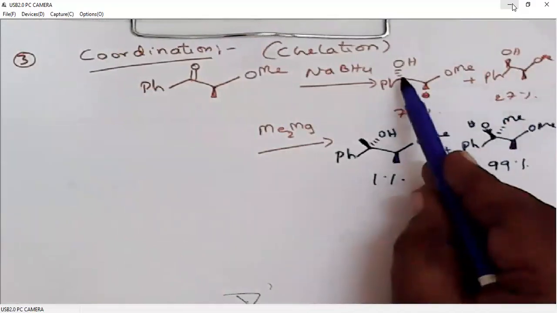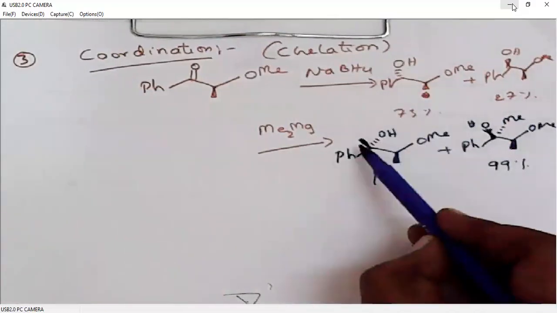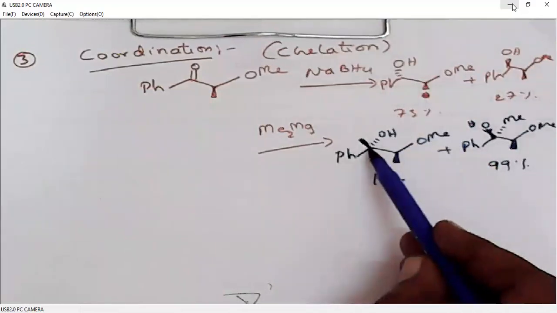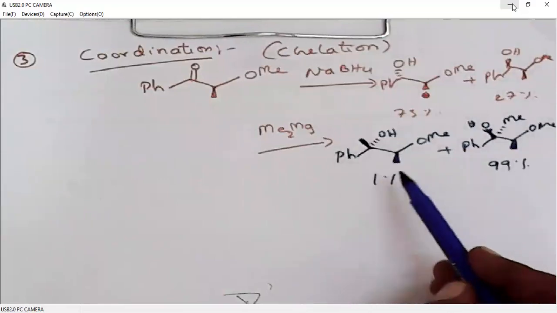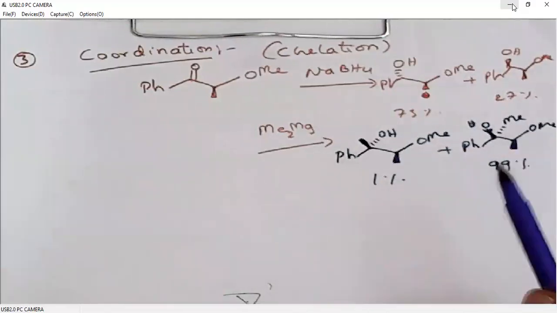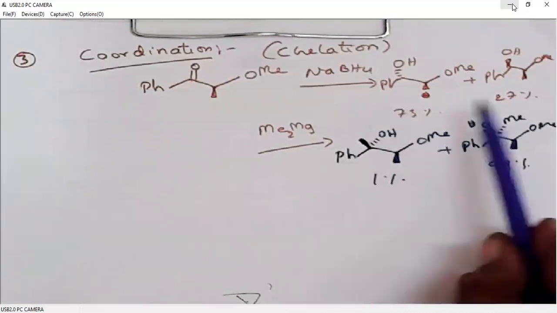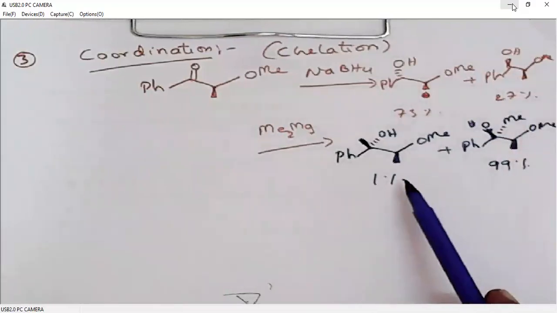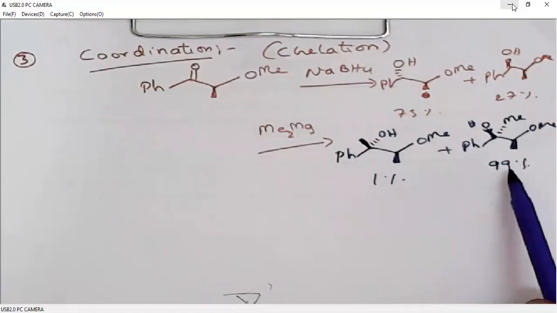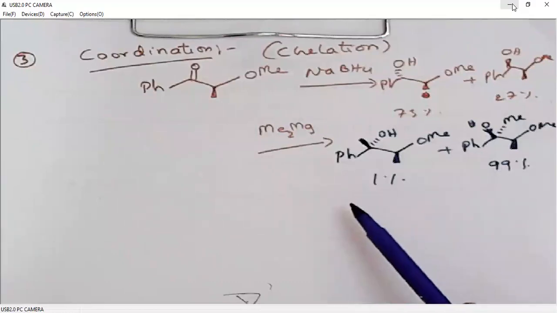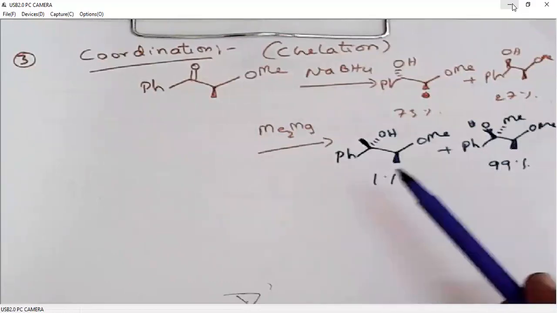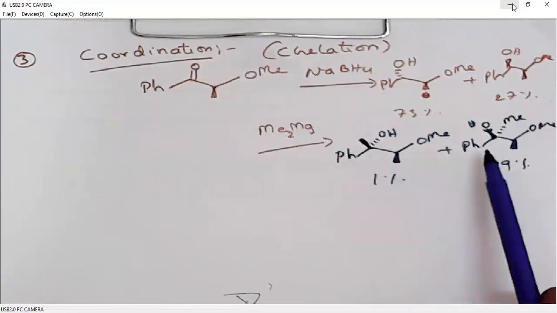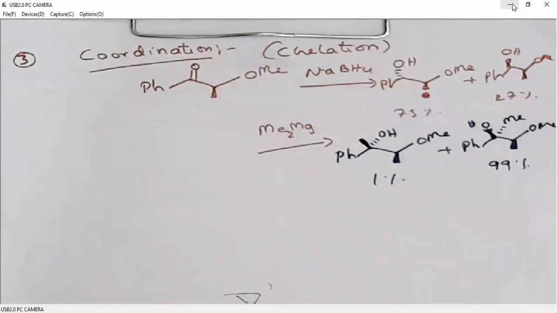For example, if you write the stereochemistry of hydrogen here, hydrogen will be above the plane. See, this is the major here, but with the coordination, the stereochemistry has been changed. It is only the minor product and the major product is anti. Now you also look at the selectivities. Here the selectivity is very low, 73% versus 27%. But when we have chelation, the selectivity is 99% versus 1%, right? So the chelation not only changes the stereochemistry around this carbonyl, but at the same time, it also changes the selectivity in the product.